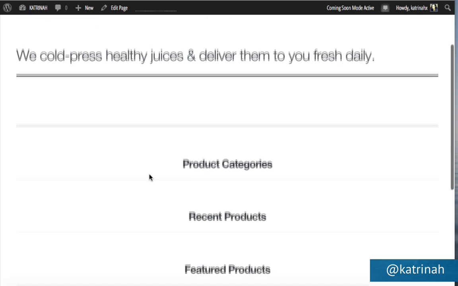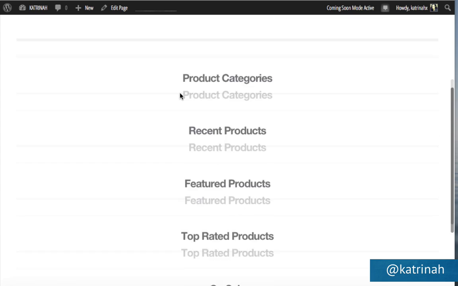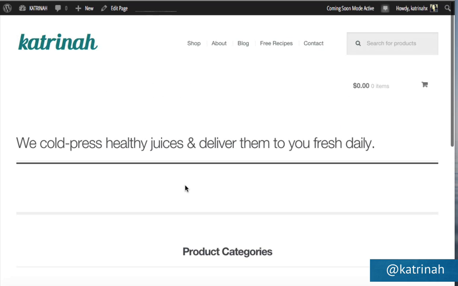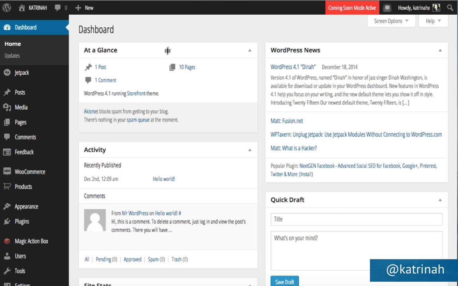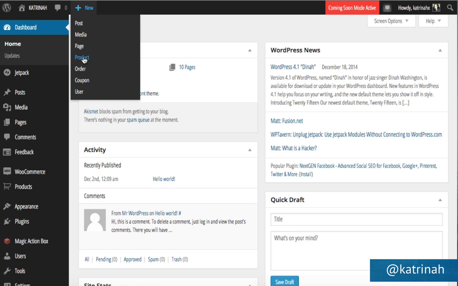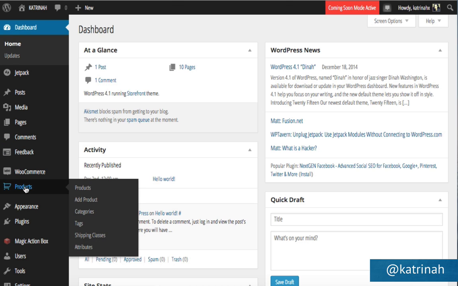But right now what I want to do is move on with our website, starting to create some products and add product categories and featured products and all of this stuff to the home page. So to create a new product, we want to go back to our dashboard by clicking on Dashboard. Here on the dashboard, to add a new product, you can go to the top, hover over plus New, and click on Product. Or on the left-hand sidebar, you can scroll down to where it says Products, hover over Products, and click on Add Product.